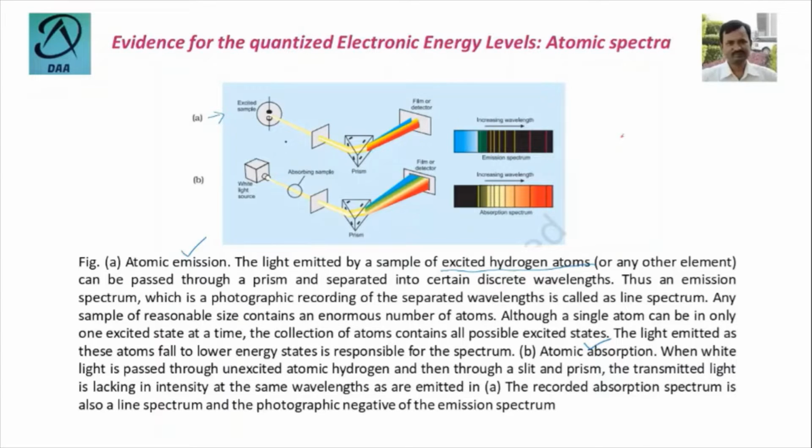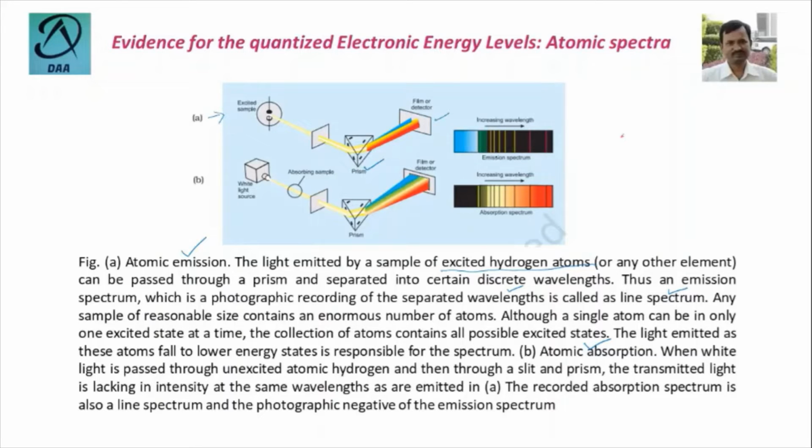Then the light passes through the prism and is separated into different wavelengths, which is called the spectrum, and it will be detected by the